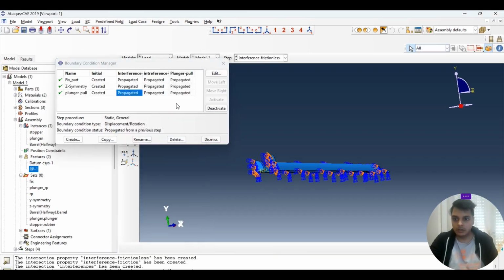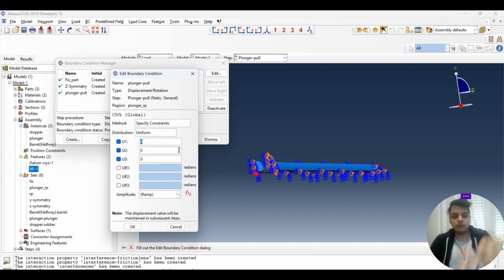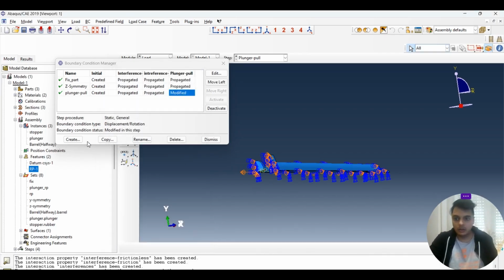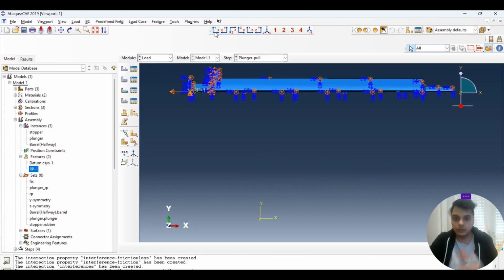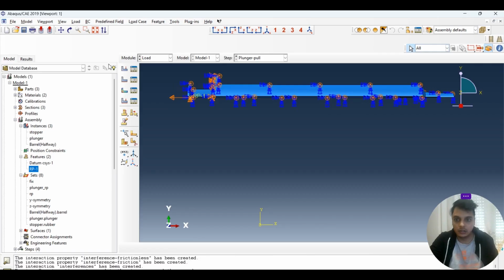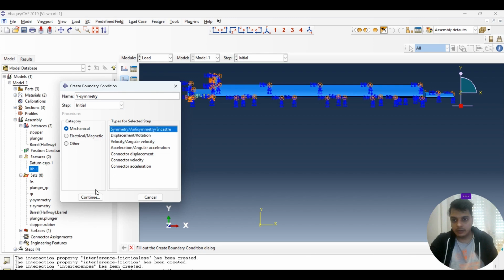Make sure, but once we are starting to pull it, we want it to be not 0, but we want to pull it, correct? So it's minus 25 mm of displacement that I want to put in. So fine. Since I deleted one of the symmetries, I have to redefine that symmetry again. There's a bisymmetry, so we go here and write symmetry. It's going to be the initial, and we select symmetry,